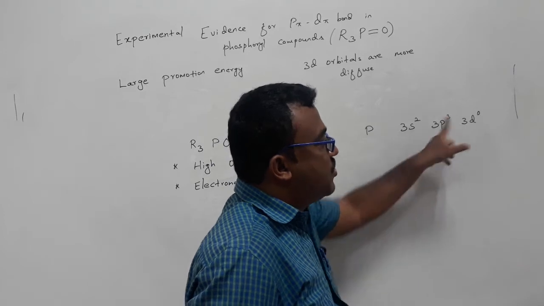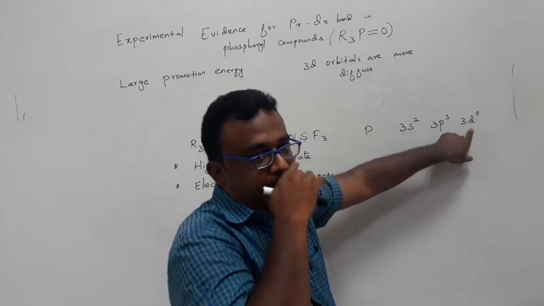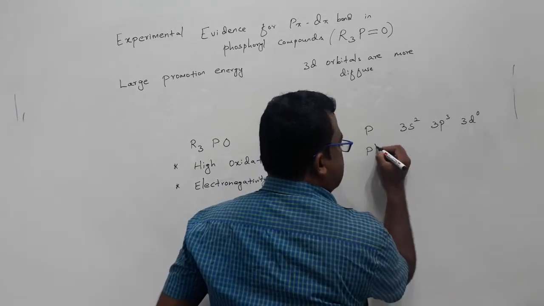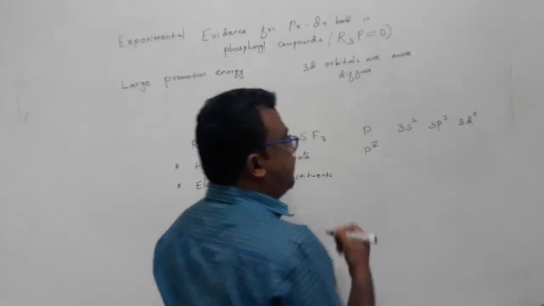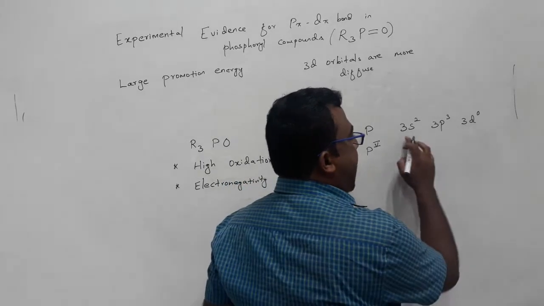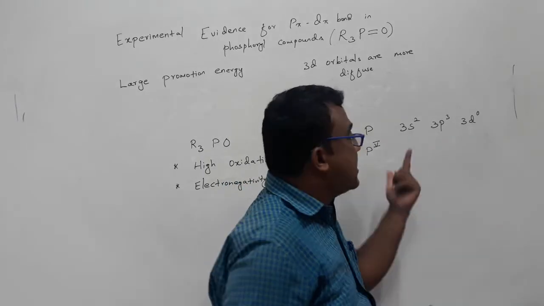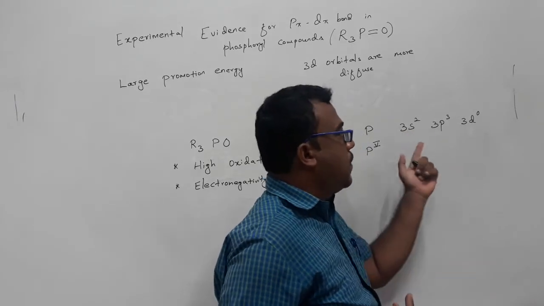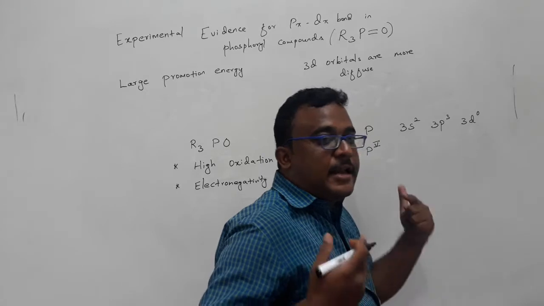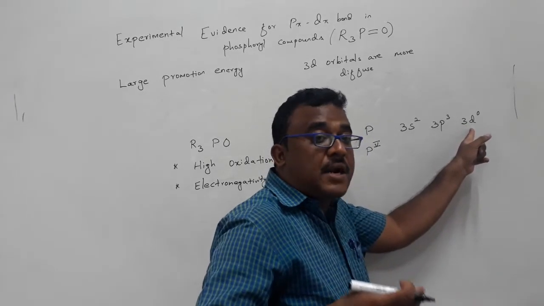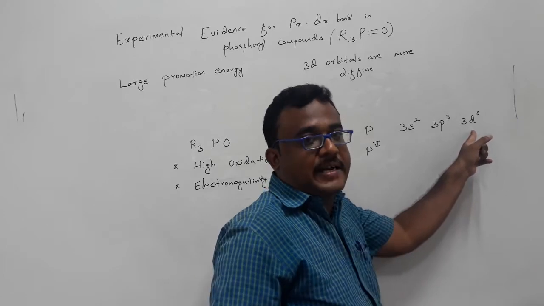Electrons which can shield the 3d orbitals. Now phosphorus in plus 5 oxidation state. When you convert the phosphorus element to the phosphorus 5 oxidation state, what happens? Shielding is not there, because the 5 electrons were removed, so the shielding is completely removed. So now what happens? The 3d orbitals will get more affected.